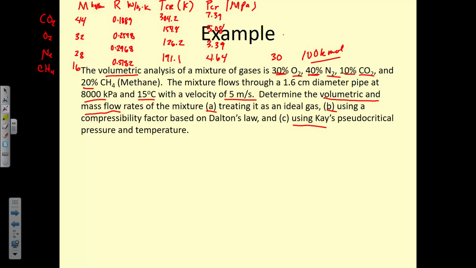Okay, so we need to go through and figure out our masses. So the mass of each of these is going to be equal to the number of kilomoles multiplied by the molar mass. So I'm just going to write it up here just so I have it in my same table that we're figuring out the mass of each of these also.